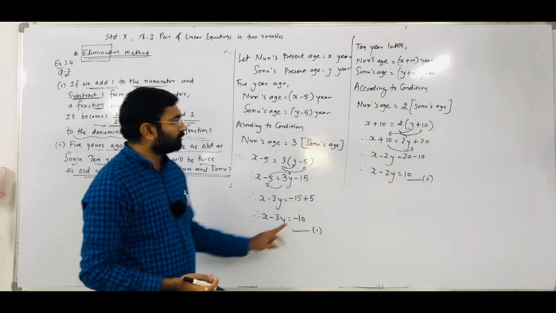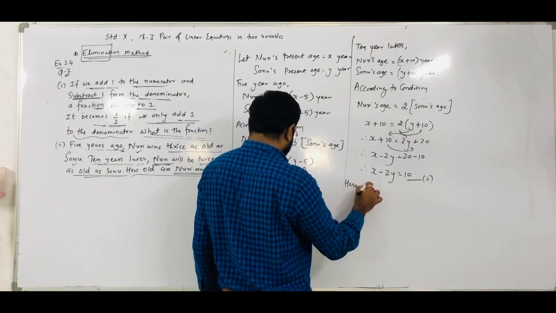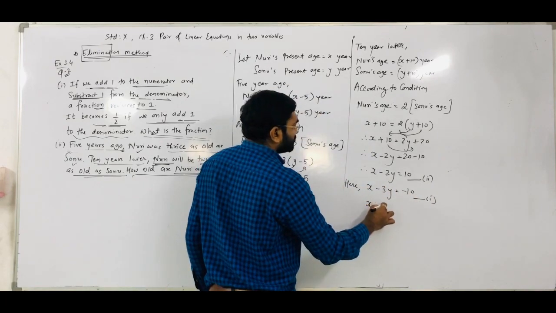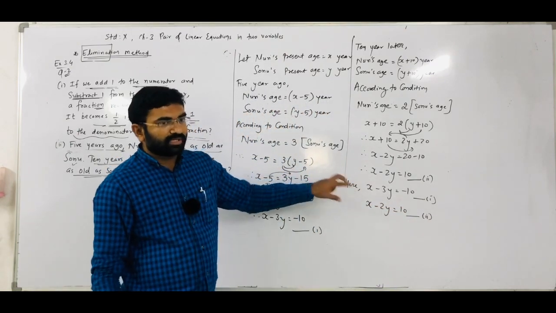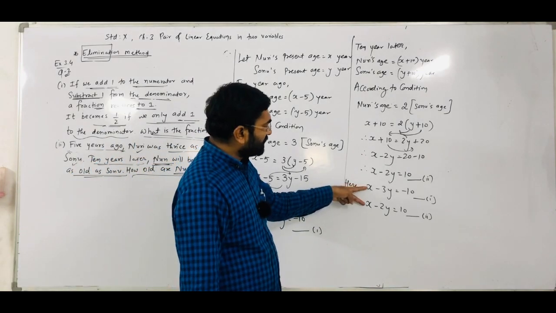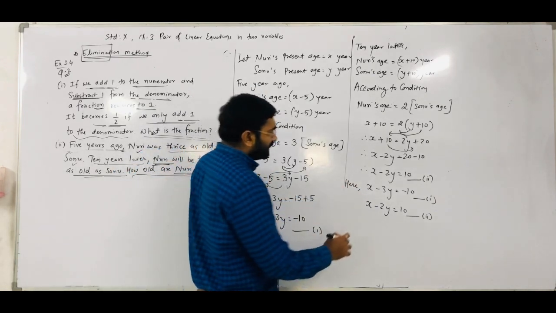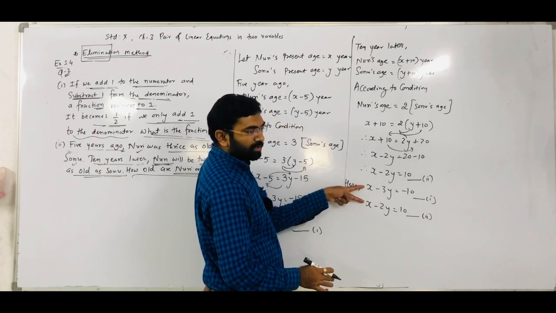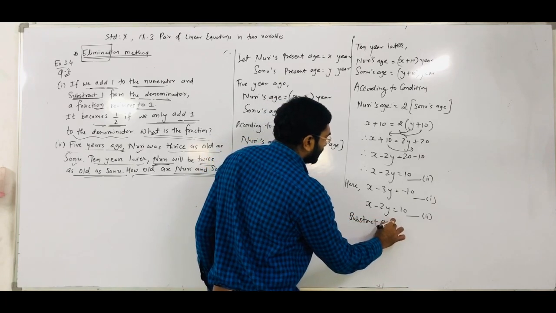Now both equations we have to solve using the elimination method. So there are two equations here. I write x minus 3y is equal to minus 10. This is equation number 1. x minus 2y is equal to 10. This is equation number 2. Observe both the equations. Using the elimination method, any one of the terms we have to make the same. So the x term is already the same, so no need to multiply with any number, right? Both numbers are the same and the sign is plus, so we have to subtract both equations. Subtract equation 1 and equation 2.